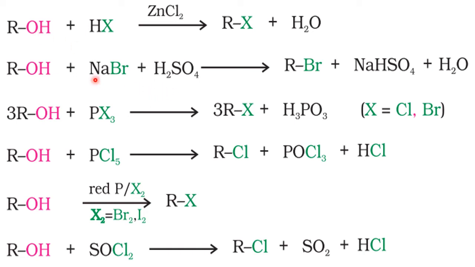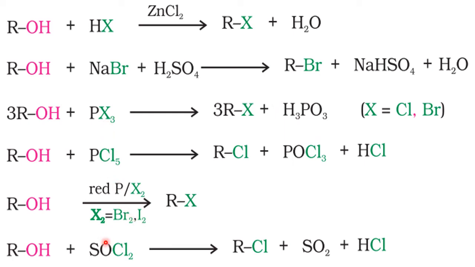Now what happens here? First these two will react, and NaHSO4 is formed, so that Br is made free. When Br is made free, that Br will go and remove the OH and becomes RBr. Now this OH is free, and here it has reacted with NaHSO4, so one H is free. So this free H and this free OH will become water. In this way, the reaction proceeds. Now with halogen, as usual, I told already, the same reaction happens here also. Okay.